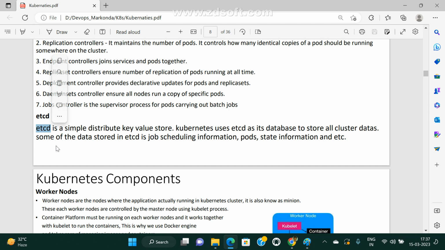In the same way, etcd is a simple data storage database. The information the API server reads, it writes into etcd in key and value format, and some data for job scheduling is also stored in etcd. Whatever it may be, the entire information is stored in etcd only.